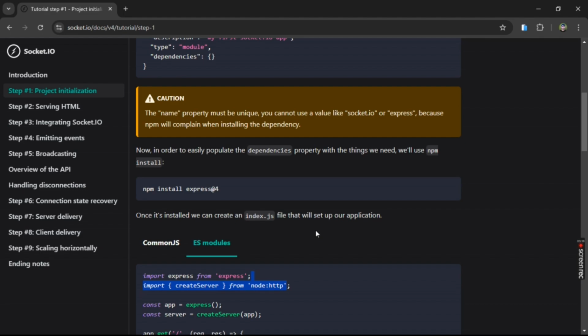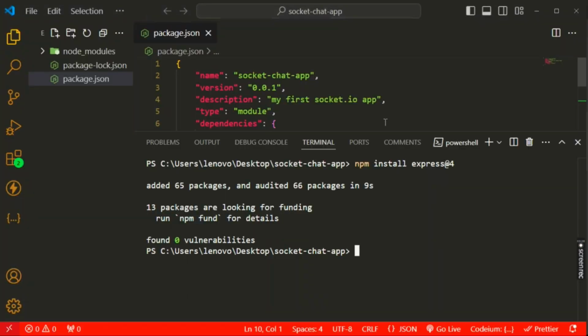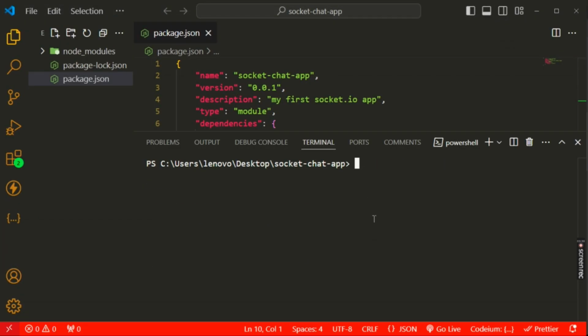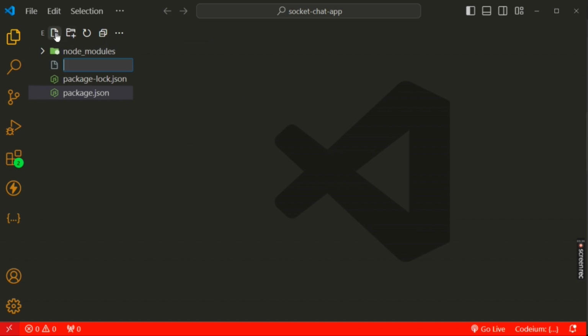and you will get the installation done. And after that, we can move towards the next thing, which is once it is installed, we can create an index.js file that will set up our application. So it is successfully installed, and I have just cleared the terminal, and now it's time to create a file inside our project, which will be